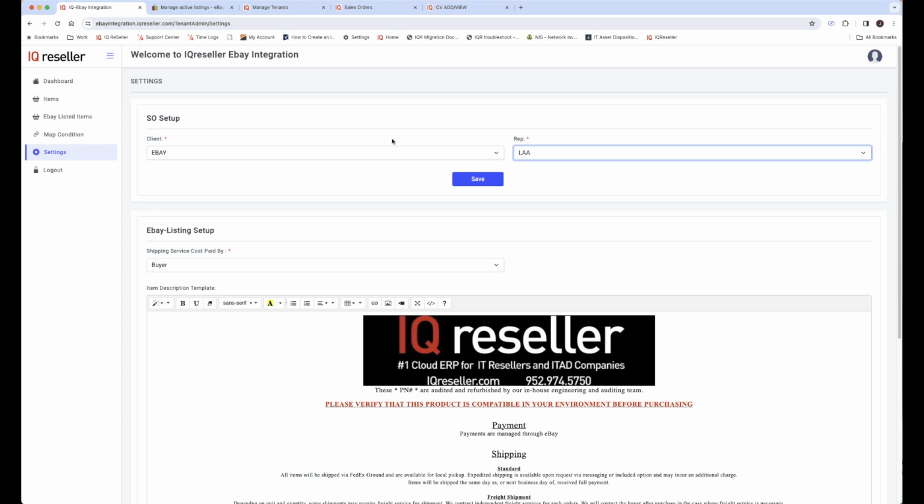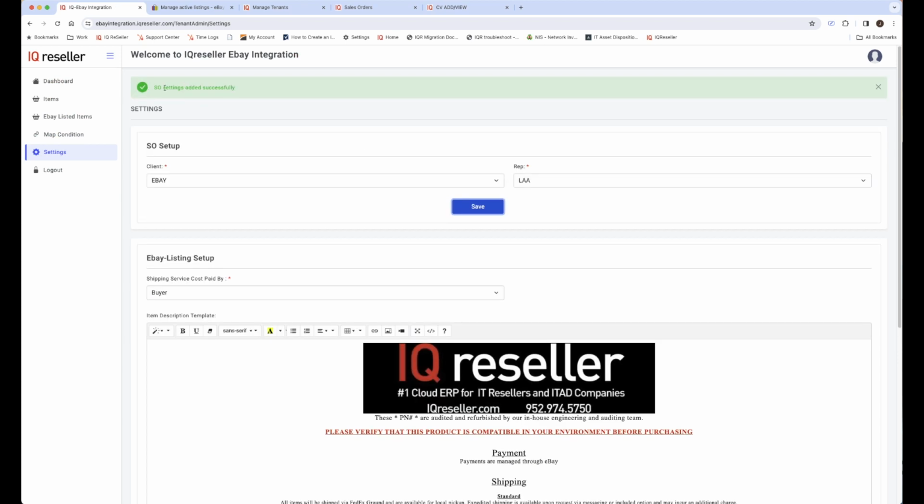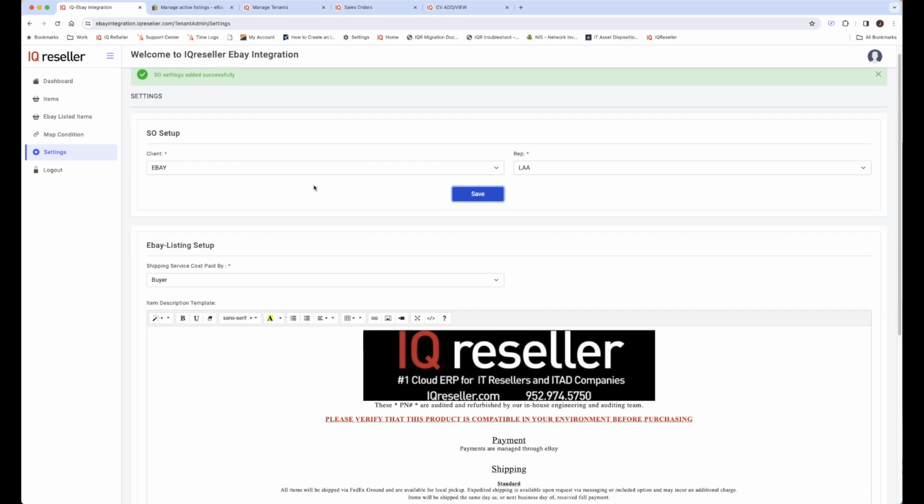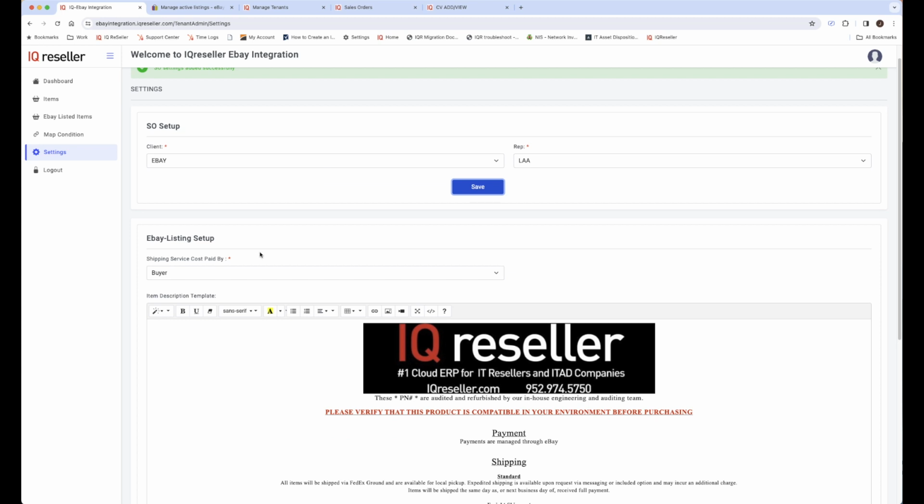Going back to the eBay integration, once you have that, you will want to click save. That will then save. You'll get a green indication here that it has saved successfully. Going down here in the eBay listing setup is to set up the shipping service cost that's paid by either the buyer or the seller. You will have to mark that. I'm going to have it set up to be for the buyer for this one,